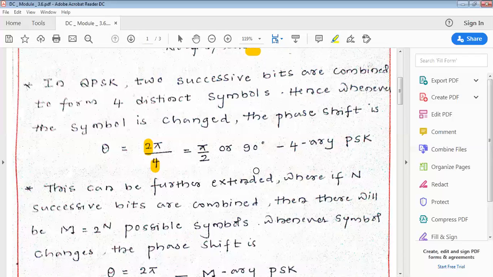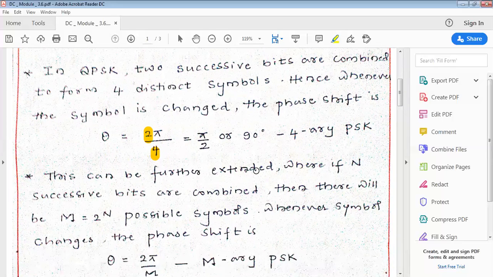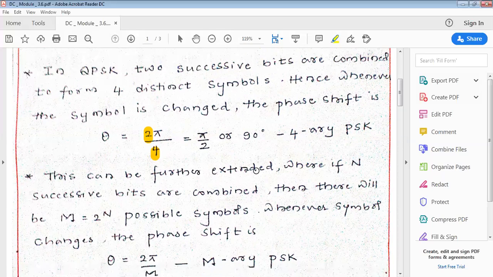So the phase shift that is available is 90 degrees, and it is a multiple of 2i plus 1, that is 90 degrees, 180 degrees, 270 degrees and 360 degrees. Sorry, it is an odd multiple of pi by 4, that is 45 degrees, but the difference is 90 degrees. If you take pi by 4, that is 45 degrees, and 3 pi by 4, that is 135 degrees, the difference is 90 degrees, right?